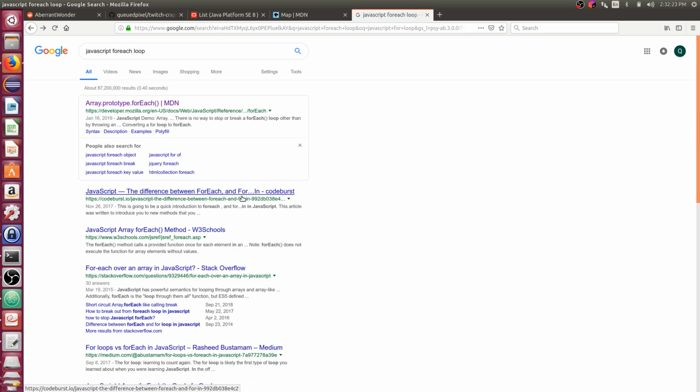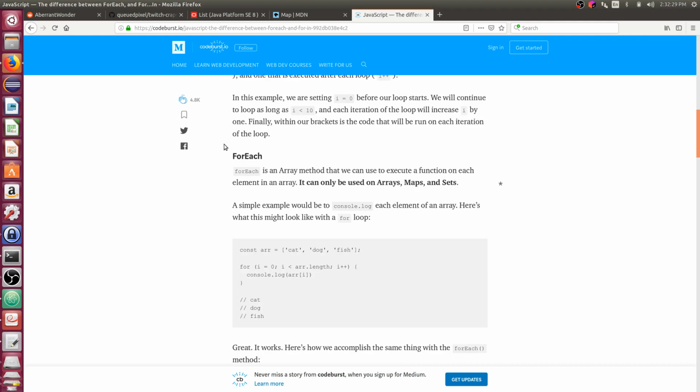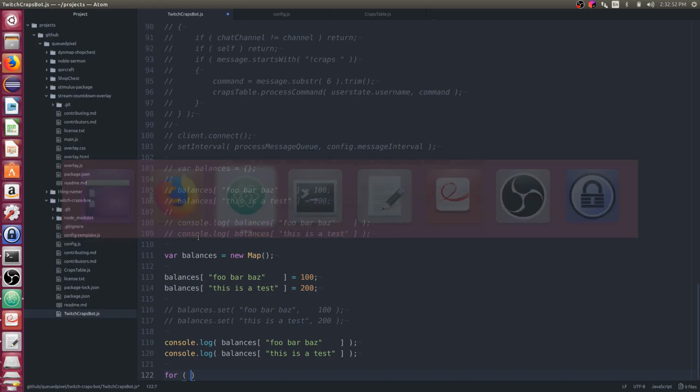That's for arrays. Looks like there is just a callback we need to specify here, so yeah, we'll just try that.